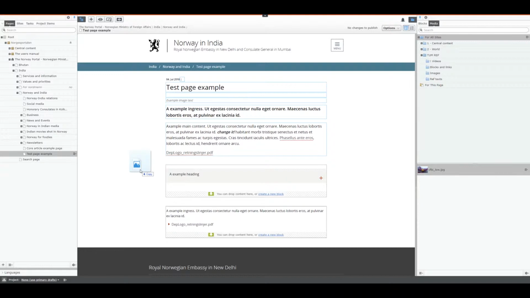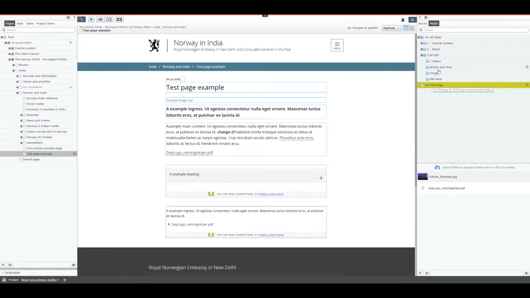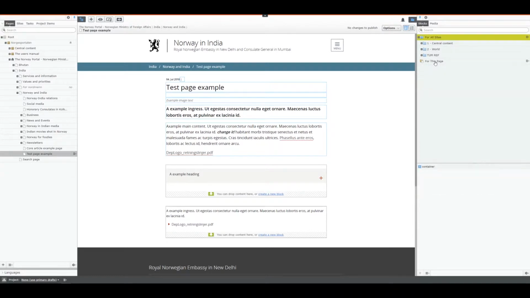You can do so in the same way as you did earlier with the documents, via the plus button and via the drag and drop. As usual, I'm using drag and drop. But first you have to select for this page and the media filter. If you do not do that, let's just try this one out. Select blocks and for this page, and I'll drag in an image. As you can see now, nothing happens. And if I drop this here right now,